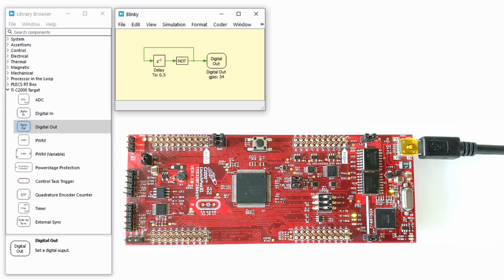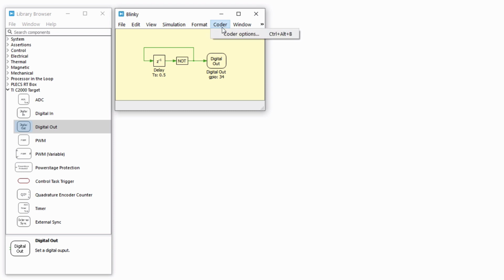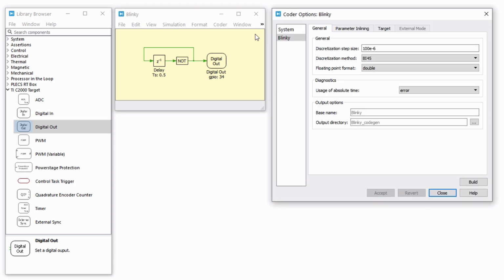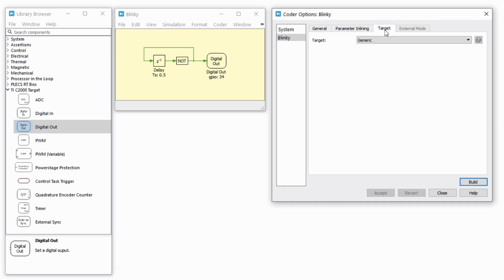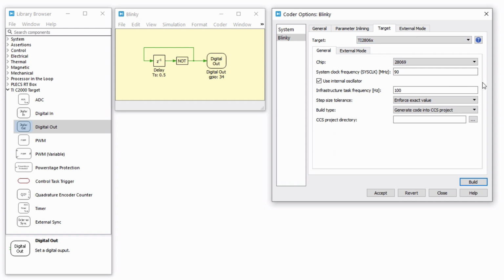Navigate to the PLECS model that you want to build onto your MCU. For example, I here have a model to blink an LED onto the TI 28069 launchpad. Then, navigate to the PLECS Coder options window. From the General tab, choose the desired discretization step size. Then, navigate to the Target tab. Select the target MCU. Modify these parameters for the chip type, system and task frequencies, etc. if needed,